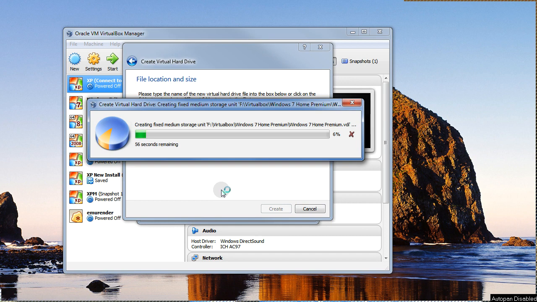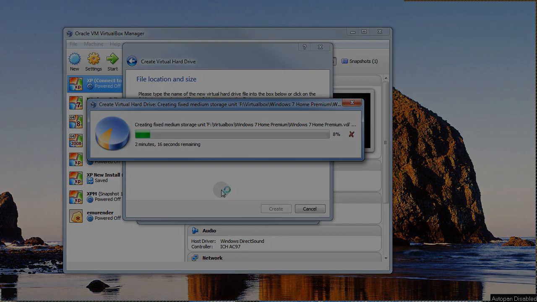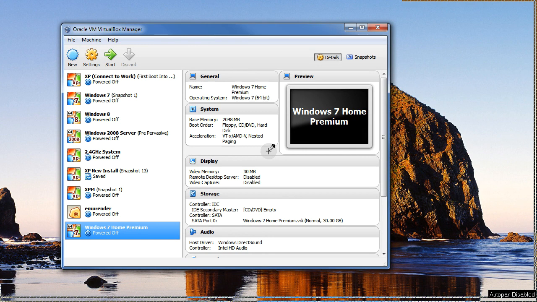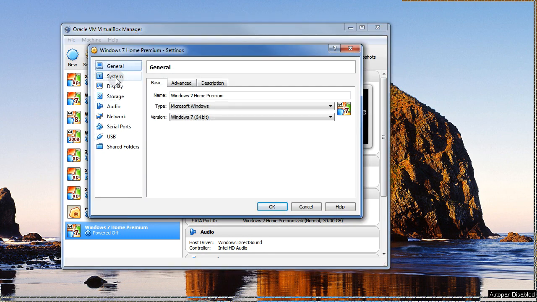Now this might take a little while, so just be patient with this, and I'll come back when this is done. Okay, now that that's completed, we're going to go into the settings for that machine, and you want to click